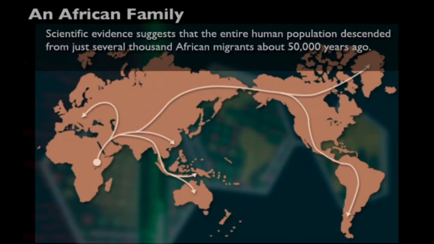Of course, there is the theory that we are an African family, and the most recent evidence for this, that we are African migrants, is the presence of genetic evidence. This study suggests that we are African migrants. Some 50,000 to 60,000 years ago, we began our exodus out of the East African Rift Valley to the Middle East, to the rest of the world.